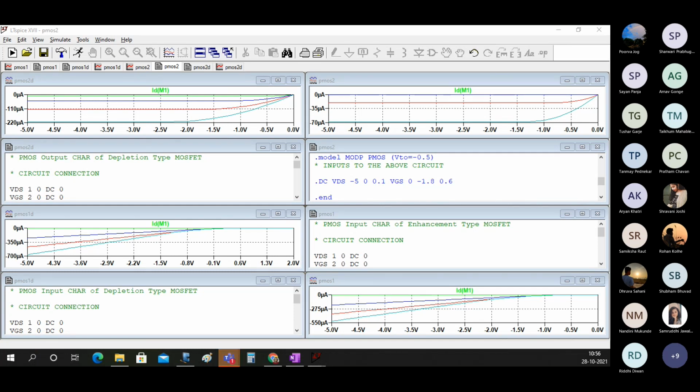The reason we have done so much of MOSFETs is because your entire course is now focused completely on MOSFETs. So it was necessary to have a deep understanding of the MOSFETs. Now we can go slightly fast with the other part of the course.